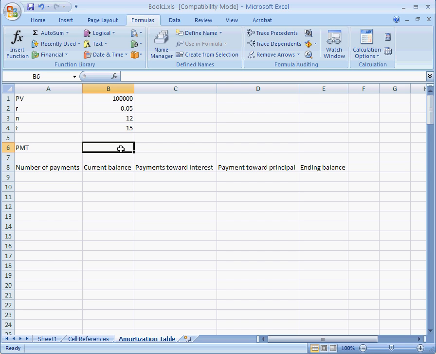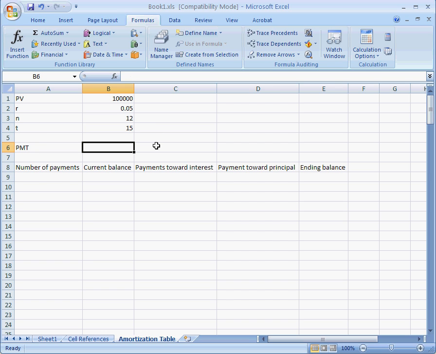15-year loan. You can see this information is already on the spreadsheet with PV equal to 100,000 representing the loan amount, the R value of 0.05 representing the interest rate, the N value of 12 corresponding to the monthly compounding and monthly payments, and T equal 15 corresponding to the 15-year loan. This information allows me to use the appropriate formula to find the payment, PMT, and I'm going to put that